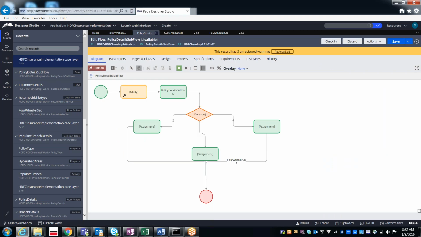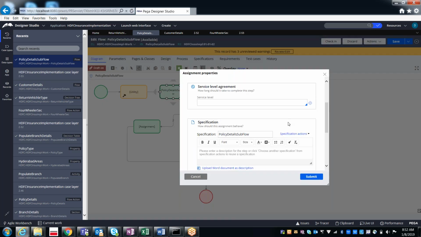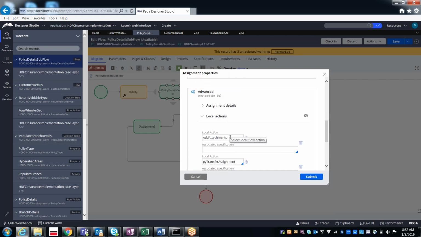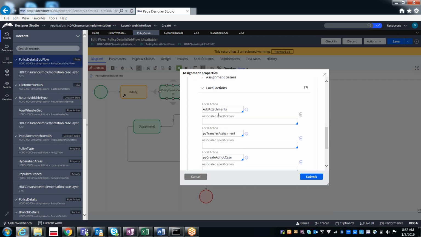Here we have applied the local action, that is add attachments, at this assignment level. For this assignment, under these local actions, we have applied add attachments. That is the reason why you are able to see this add attachments local action.